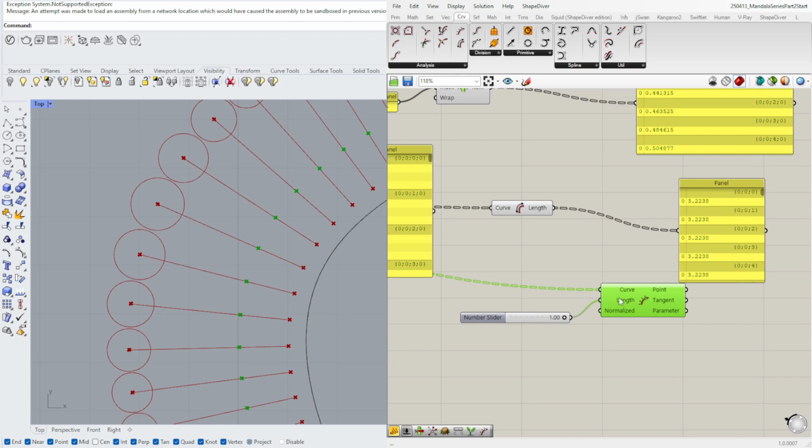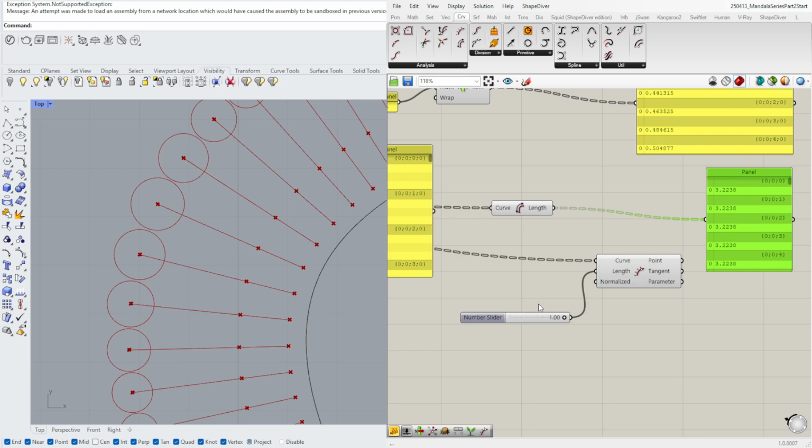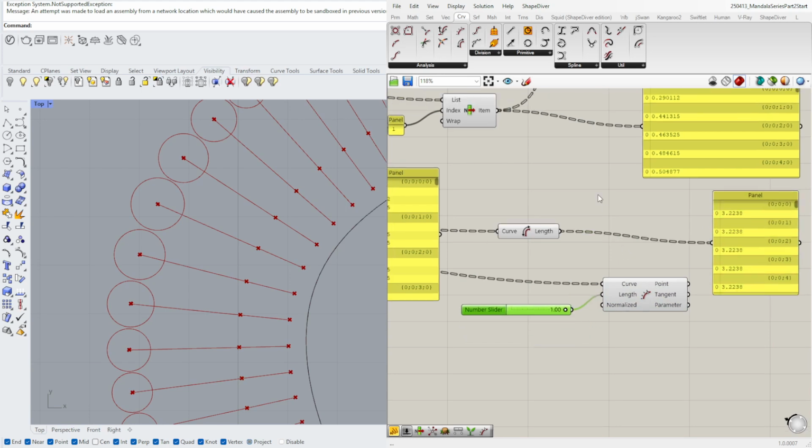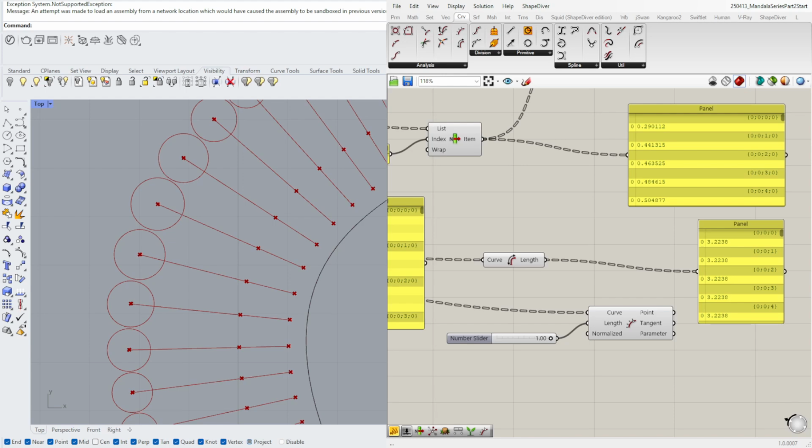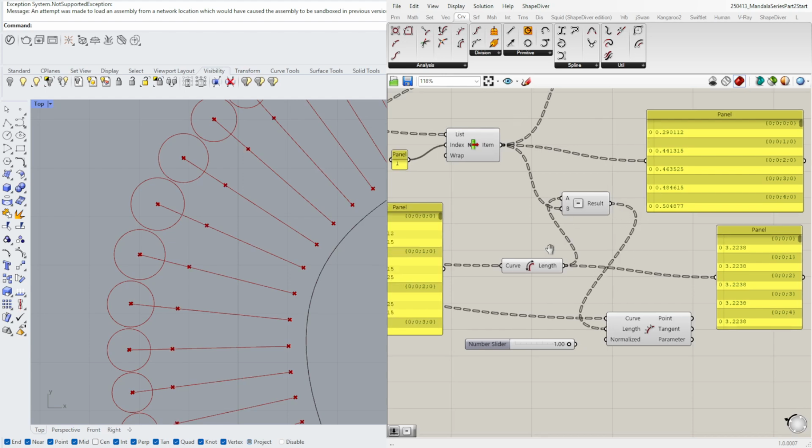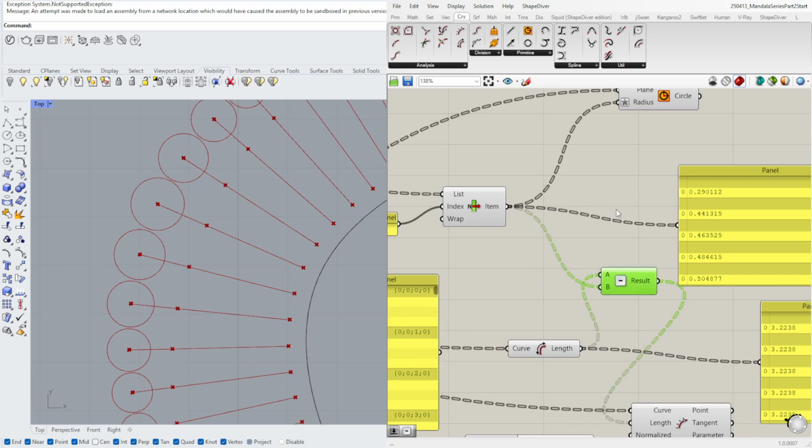We want to have it not normalized, not between 0 and 1, but we want to have it dependent on the actual length of the units. So we're going to use the normalized pattern here, and we're going to simply use subtraction, the length amount from here, and then use this as the length. But you also see here again, because it's not divided by 2, so you also use the division command